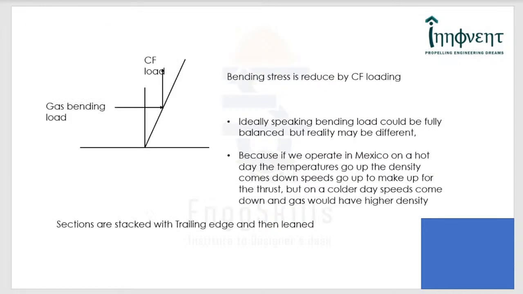Now, if the centroids of the blade cross sections are shifted, then the centrifugal load will have one moment about the root, and the gas bending will have exactly opposite moment, and there is every likelihood that these two moments get cancelled. That means if I look at the section of the blade,